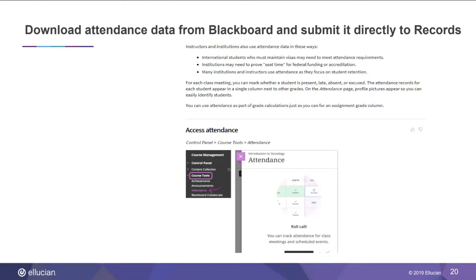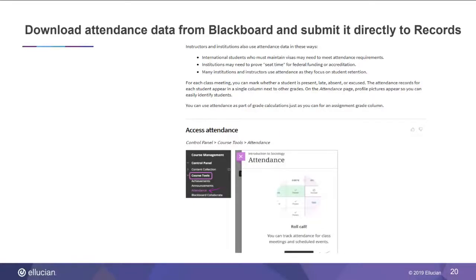And so one of the features that we're talking about with using attendance is it's going to be really easy for you to download attendance records and submit it directly here to Triton, to the records. And there's a number of reasons why this will be important. And I understand it's a little bit small here. But what you'll notice is